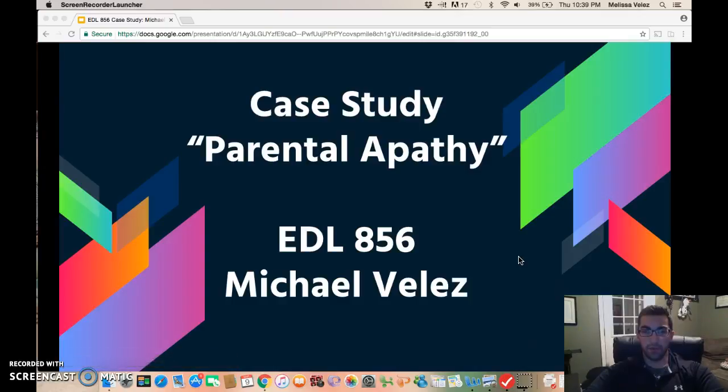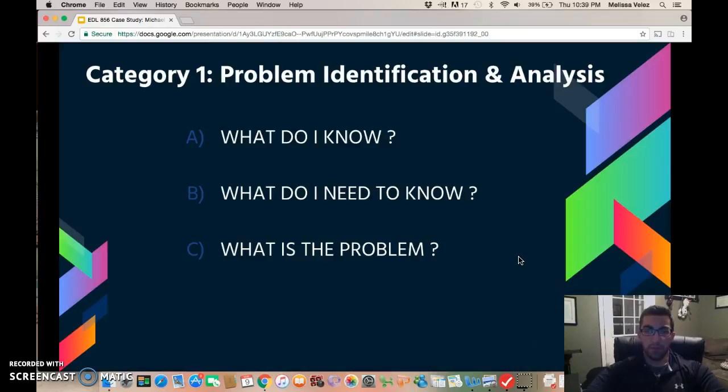I'm here to share with you my case study in regards to parental apathy, EDL 856. First thing we're going to talk about is category 1, which states the problem, identification, and analysis. There are three things that we're looking for here. A is what do I know, B is what do I need to know, and C, what is the actual